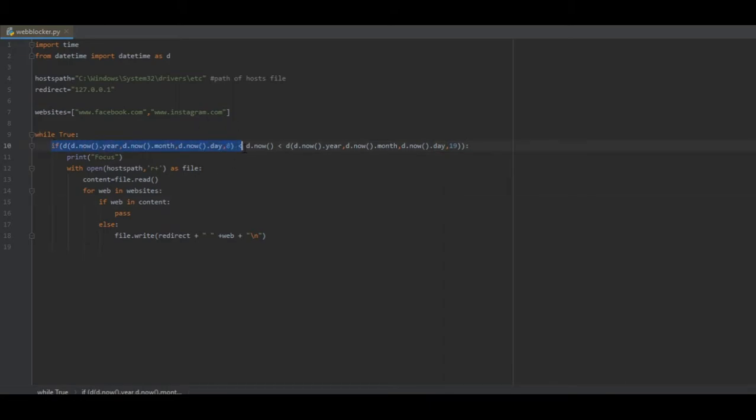From morning 8 to evening 7 I have a lot of work to do, so I want to block the websites in this time. So 8 is the time and 19 is evening 7. So my working hours are from morning 8 to evening 7, so I don't want to access these websites in this time, so I am giving this. This is the time at morning 8 o'clock and this is the timing at evening 7 o'clock, and now is